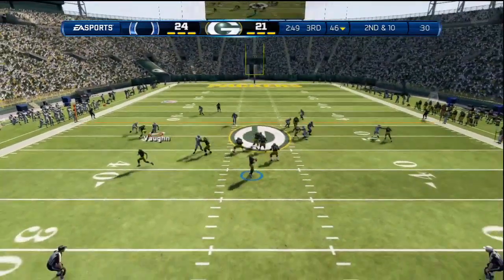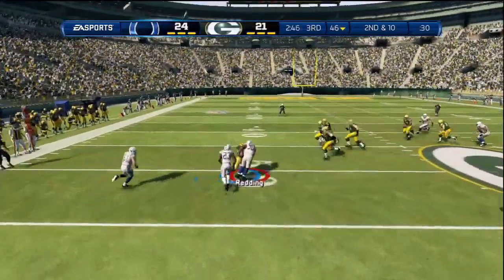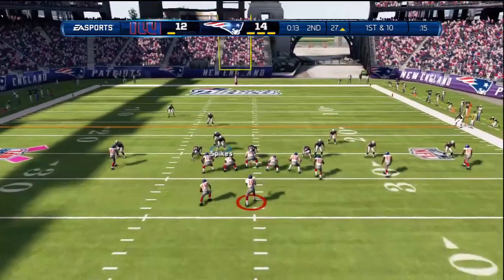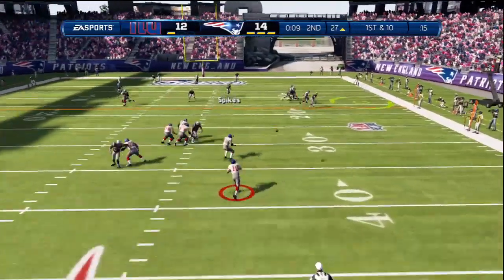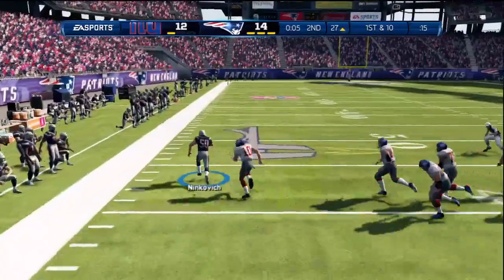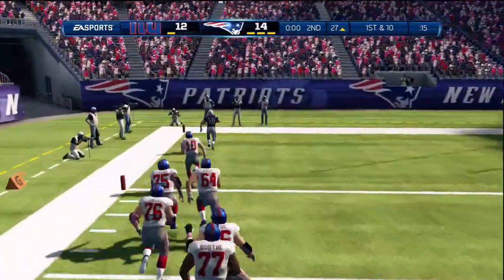2nd and 10. Looking for an open. Ball's picked off. That was a terrible throw outside. Takes the snap from the shotgun. Scans the field. A takeaway. He's got some daylight. Patriots in for the